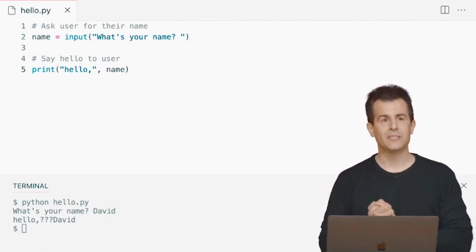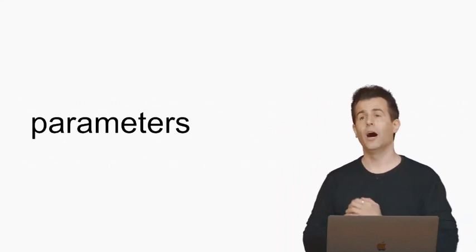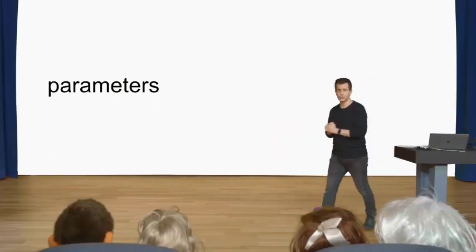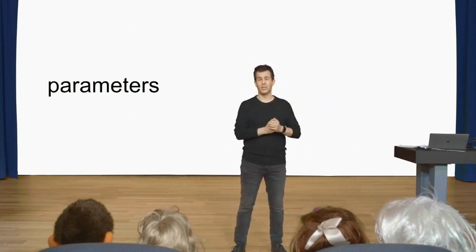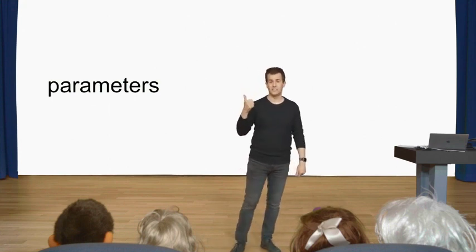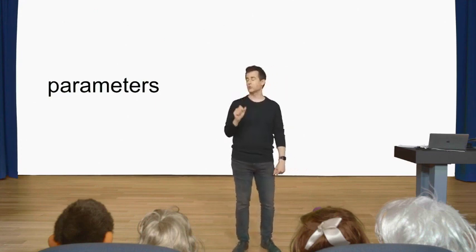Questions now on these types of parameters. And allow me to propose that we give these an official name. Up until now, when we've been passing values to print, those are called positional parameters. Positional in the sense that the first thing you pass to print gets printed first. The second thing you pass to print after a comma gets printed second, and so forth. But there's also these things we've now seen called named parameters, named sep, separator, or end, for the line ending. Those are named parameters because, one, they're optional, and you can pass them in at the end of your print statement, but you can also use them by name.